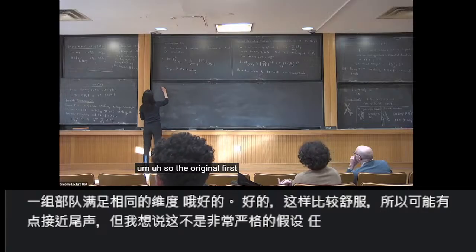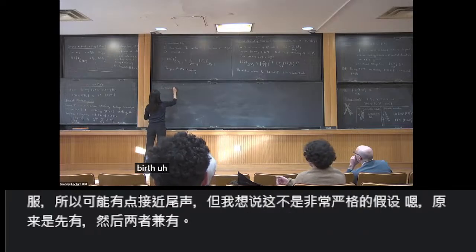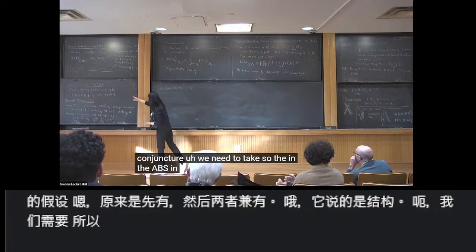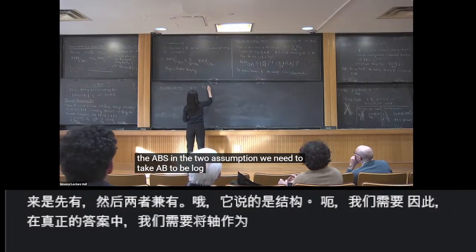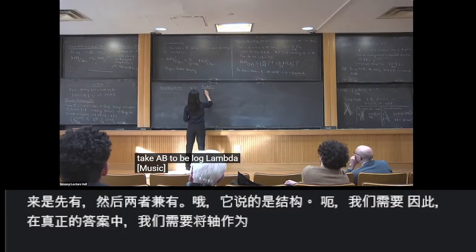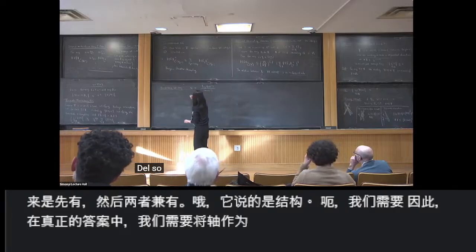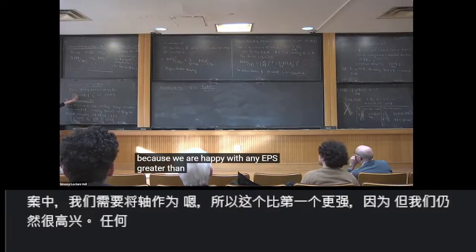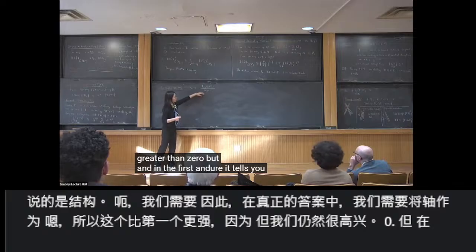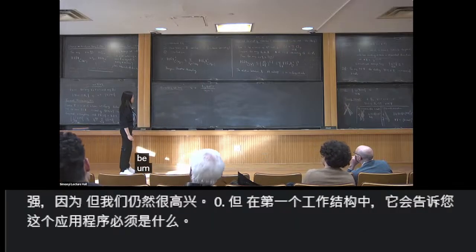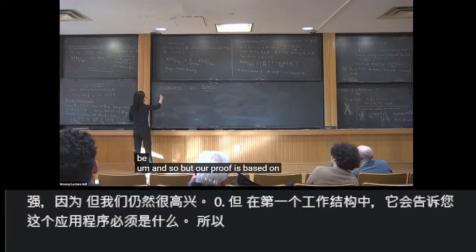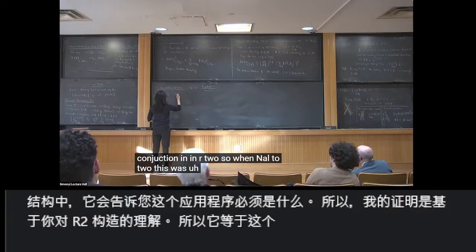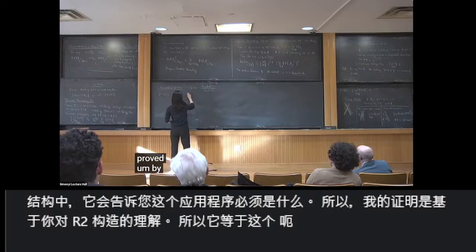For the original Furstenberg set conjecture, in the epsilon in the 2 ends assumption, we need to take epsilon to be log lambda over log delta minus 1. So this is stronger than the Furstenberg conjecture because we are happy with any epsilon greater than 0, but in the Furstenberg set conjecture, it tells you what this epsilon has to be. But our proof is based on what we know about the Furstenberg conjecture in R2. When n equals 2, this was proved by Kevin Ren and myself,